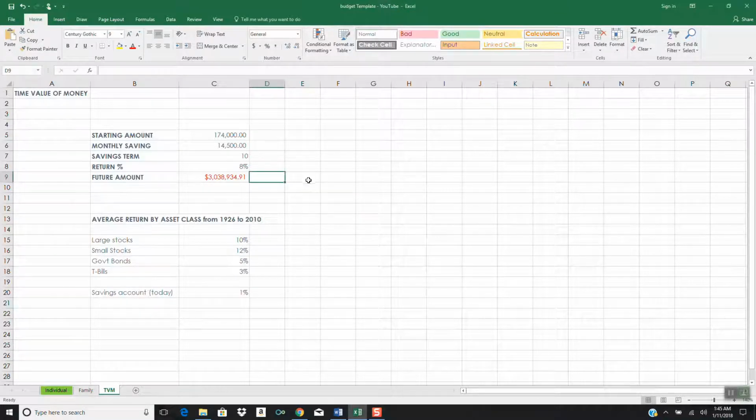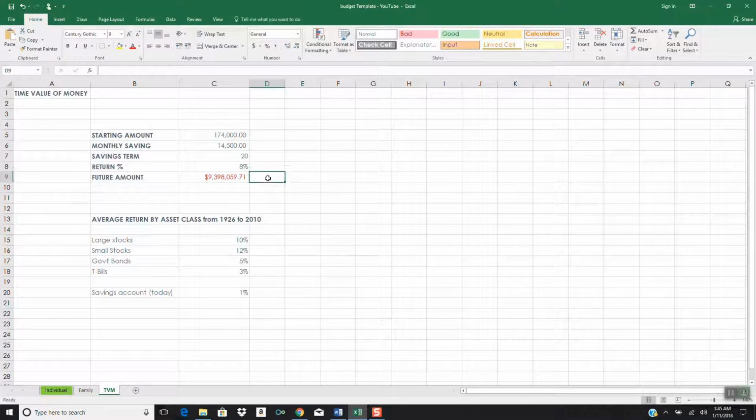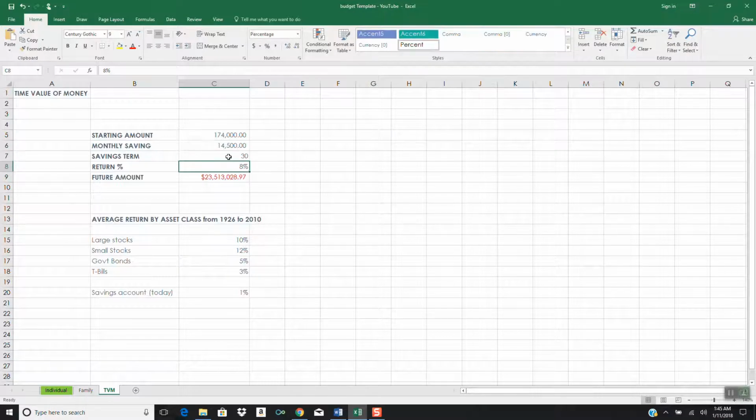And the great thing about this spreadsheet that I created is you can play with these variables and see what will happen under different circumstances. Let's say, for instance, the family did this for 20 years as opposed to 10. You see how the number goes up from 3 million to 9 million. Big increase because of the time value of money and the power of compounding interest, which I may talk about in detail in another video. If a family did it for 30 years, look how that number grows. In 30 years, this family would have $23 million.